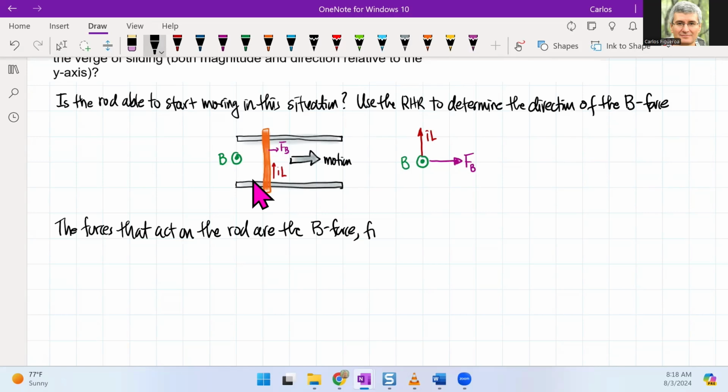We're going to have static friction, and we have a normal force, and I'll just say gravity. But of course, the normal has to be from the rails on the rod. So since the magnetic field is angled,